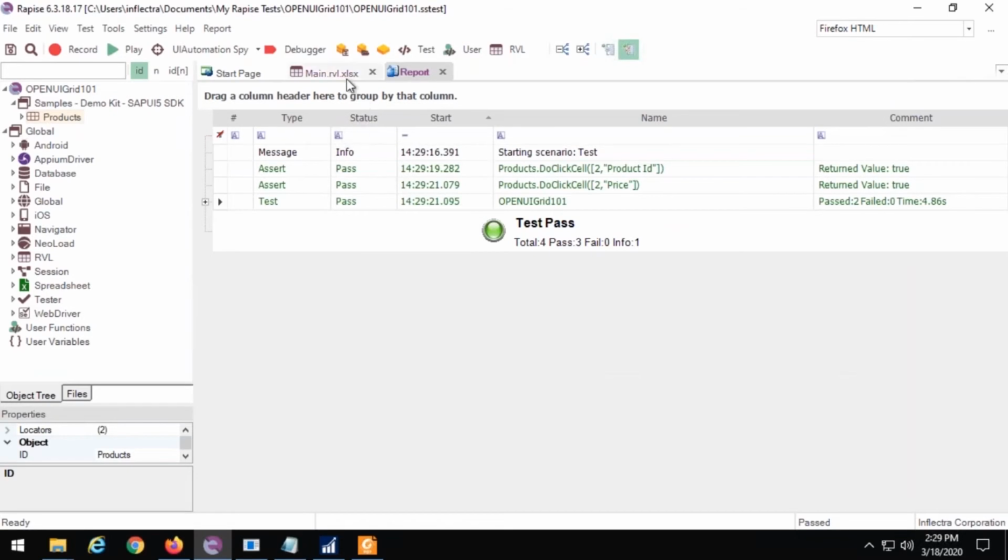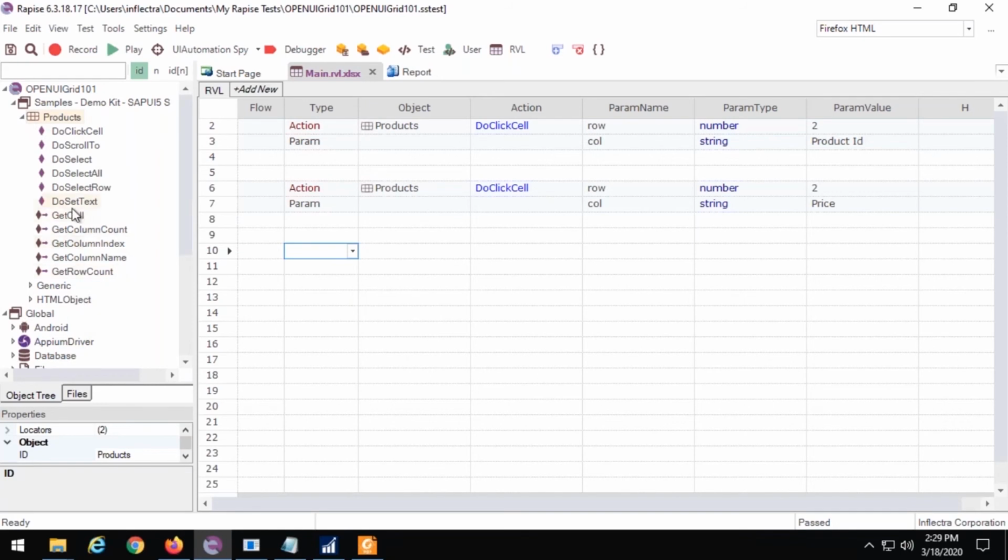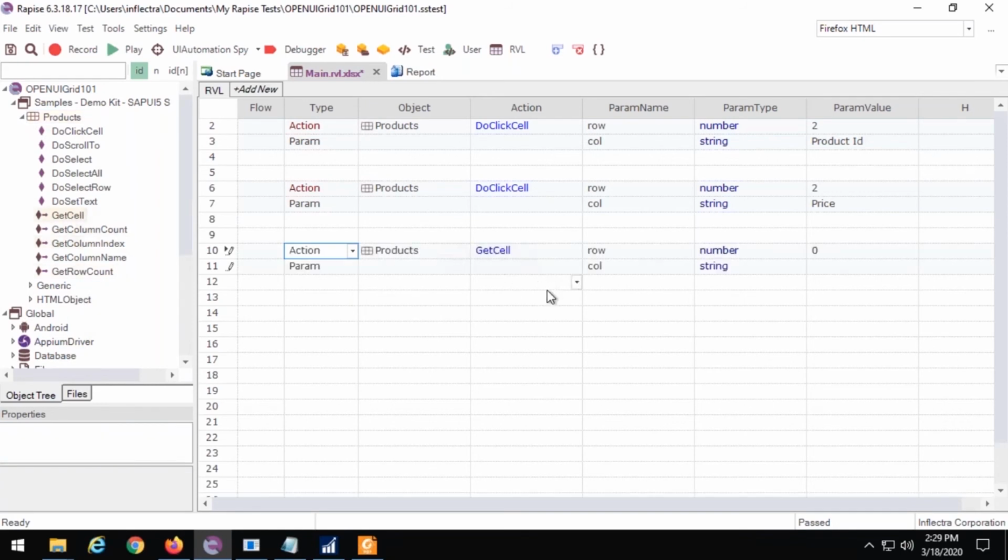A common requirement is to actually read a value from the cell. And again, there is an API in the grid that may be used for that, and it's get cell. Here I may, for example, read a price for the second row and for column price. And I may put this price to the output. Tester message